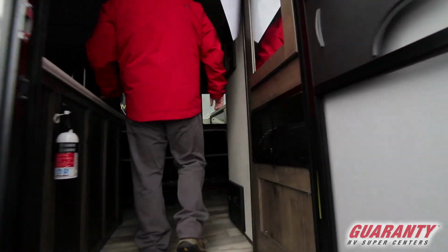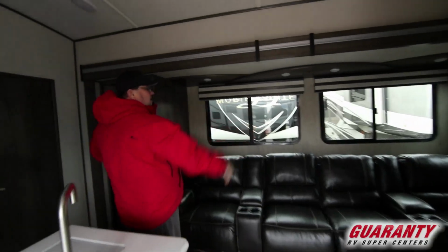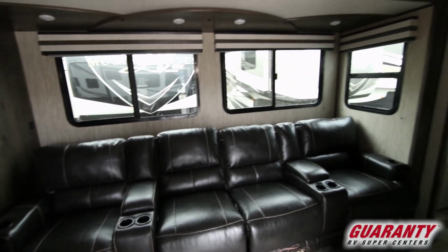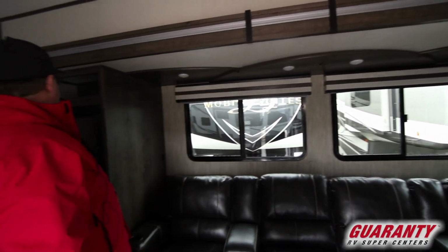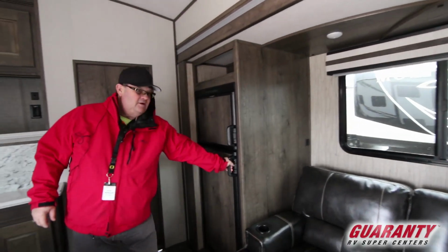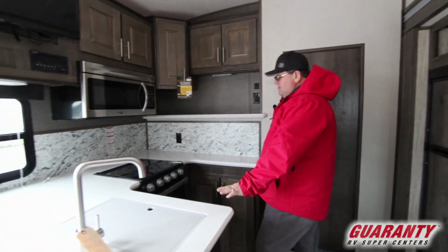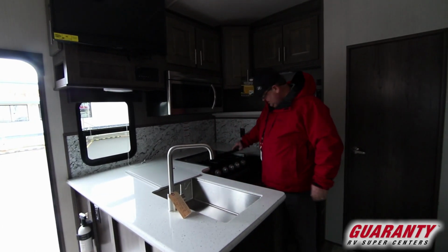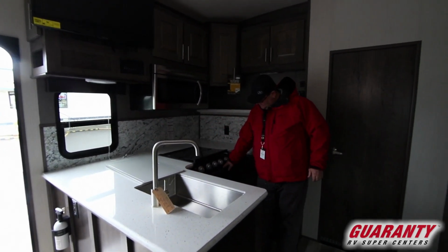This particular model is a garage model, obviously. So you got a slide out here with recliners, Thomas Payne furniture. You've got good windows across from us, all LED lights, so this whole wall slides. Your refrigerator and freezer is on that side. You got a nice big counter, big stainless steel sink. It's got the new Furrion glass top burner, glass oven,